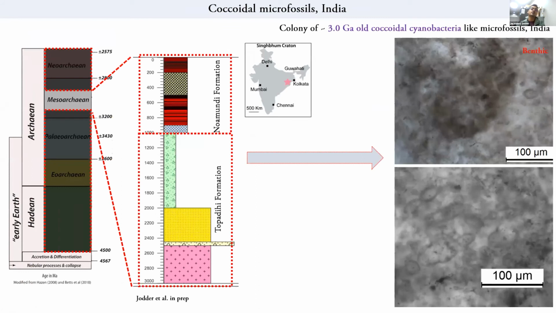And moving from sporoidal microfossils, if we have to investigate the Singhbhum craton again for its unique preservation potential, this is a recent discovery from the Koira group of the Singhbhum craton, where there are volcano-sedimentary rocks of Mesoarchean to Neoarchean age. And we would like to study the Noamundi formation of the Koira group, where you have coil-shaped cyanobacteria-like microfossils, which are shown here to the right. And these are possible remnants of some 3 billion-year-old coccoidal microfossils from the Singhbhum craton.